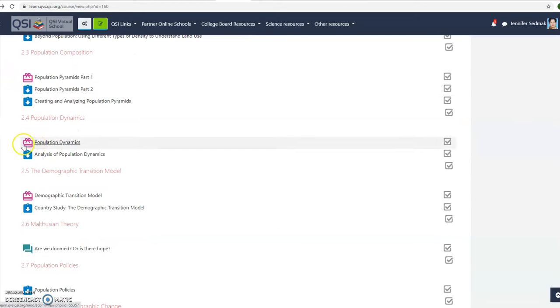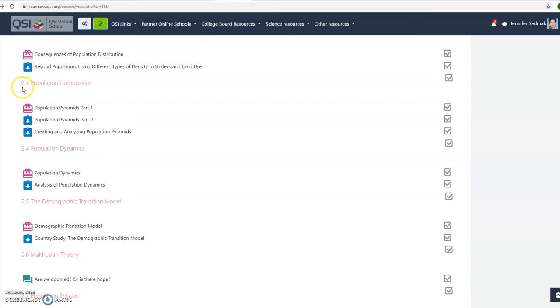This week, we are going to move on to 2.3, 2.4, and 2.5. So I would like you to really try and complete those activities. And watching that film, Don't Panic, will be a real benefit to your understanding of population composition, dynamics, and the demographic transition model. Because especially with this last feature, the demographic transition model, essentially what this model does is it